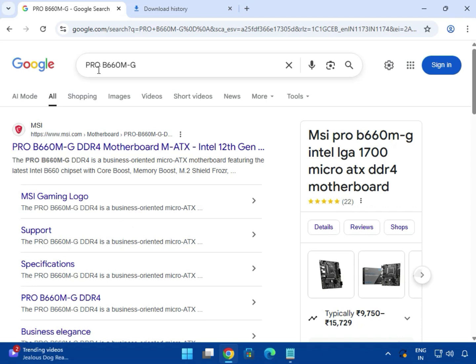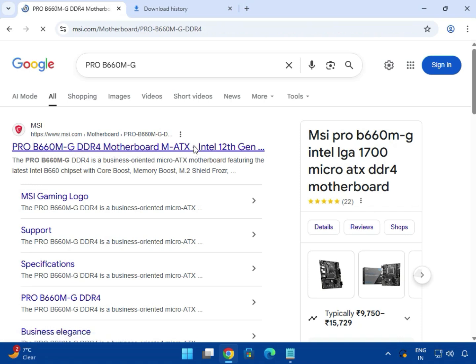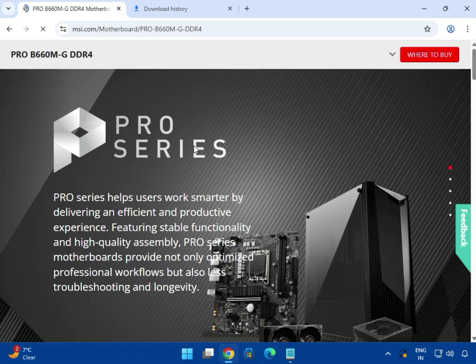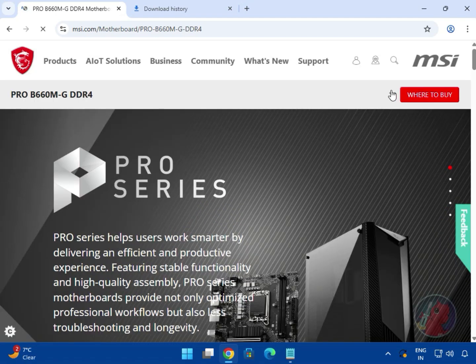So guys, open any browser and type the model number, then click the first link, msi.com, the official website, where you can download drivers, BIOS, firmware, check warranty and all. Click on Support,